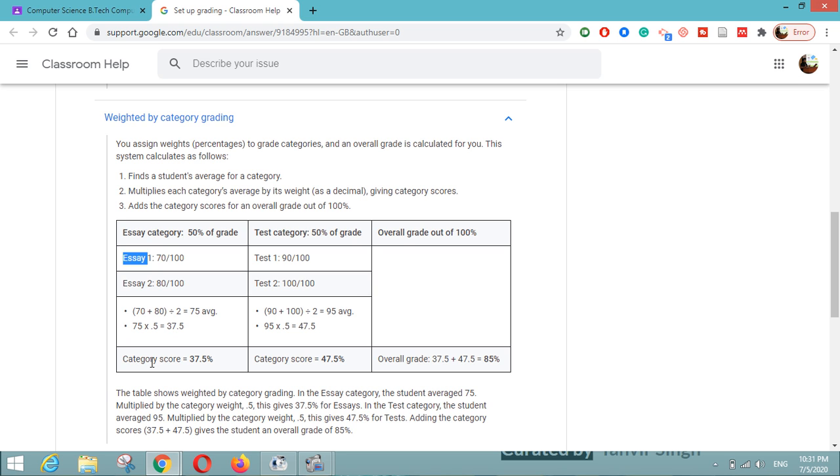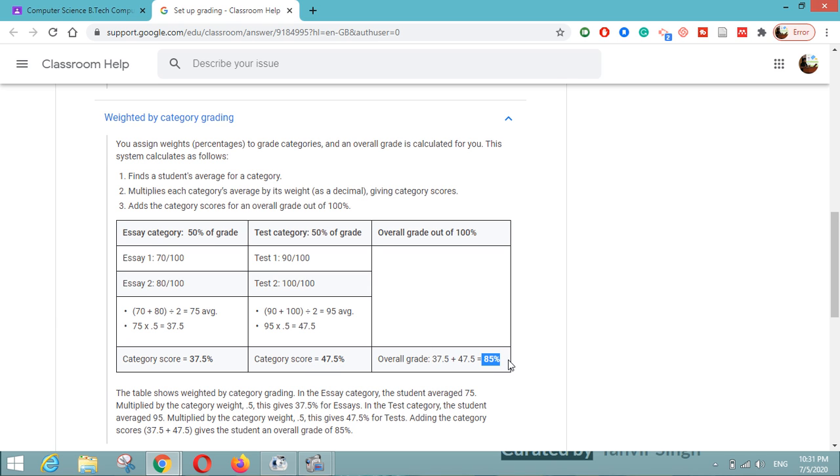So the category score will be 37.5. In the next category, test, in the first test he or she has scored 90 and then 100. The average is 95, multiplied by 0.5 it becomes 47.5. The overall grade out of 100 will be the combination of both, 37.5 and 47.5, which makes it 85%.